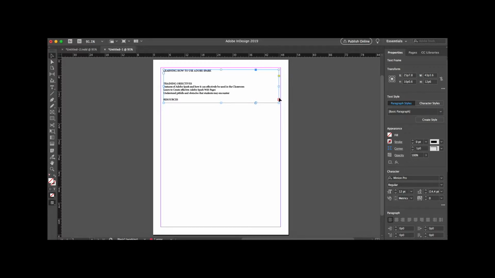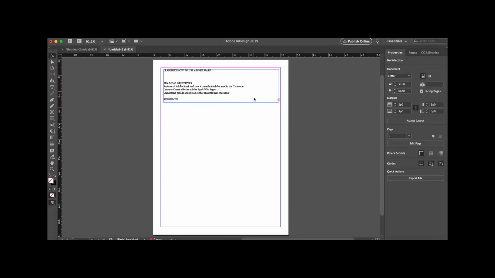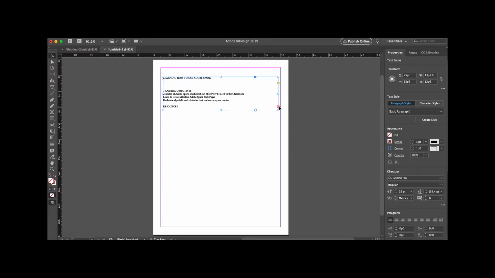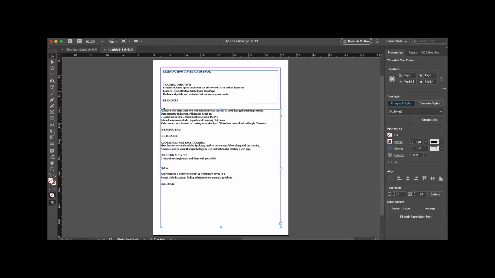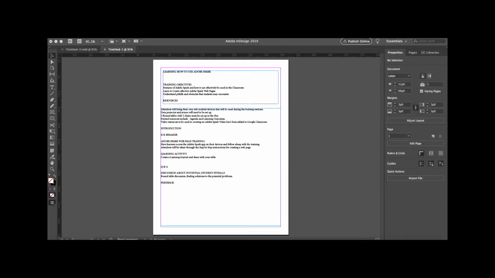And by using the resizing boxes on the side of the text box, I am able to pull out the text box into my ideal size. To see the remaining text, you will notice a small red plus symbol on the lower corner of the text box. By clicking on the red plus sign, the remaining text will be shown in another box. Once again, I have the ability to move the text box to both the size and position that best suits